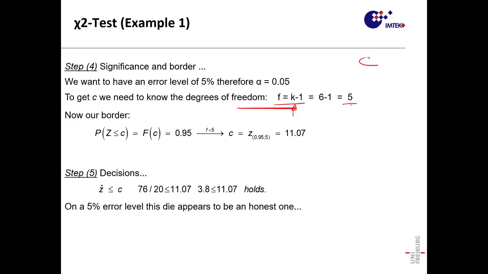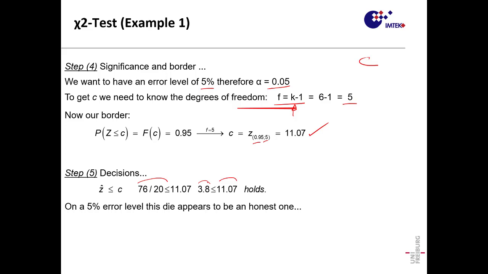So you go to your table with 5 degrees of freedom, and we want to be sure at the 5% level, so our alpha is 0.05. So you go with 95%, and 5 degrees of freedom, and your critical value, if you go to the table, gives you 11.07. So since 11.07 is greater than our statistic here,